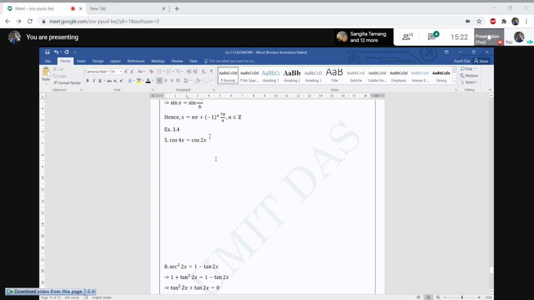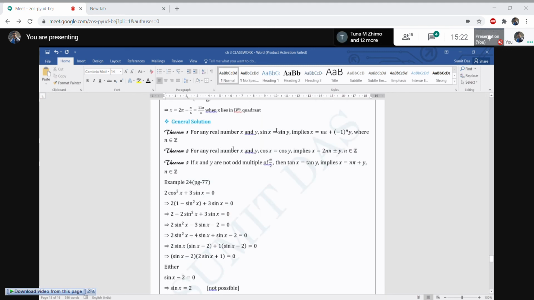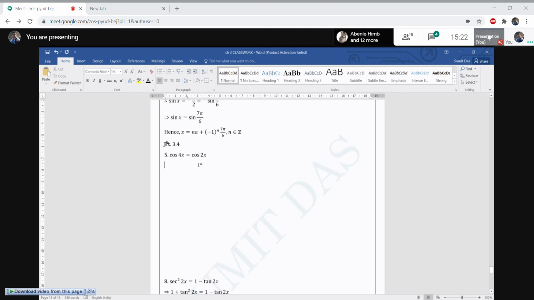What formula will we use? Theorem 2. What is theorem 2 saying? If cos x equal to cos y, that will imply x equal to 2n pi plus y. So it will imply 4x equal to